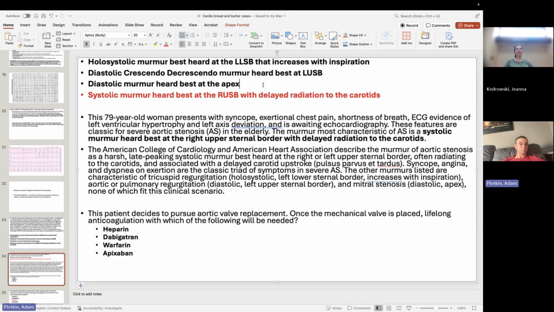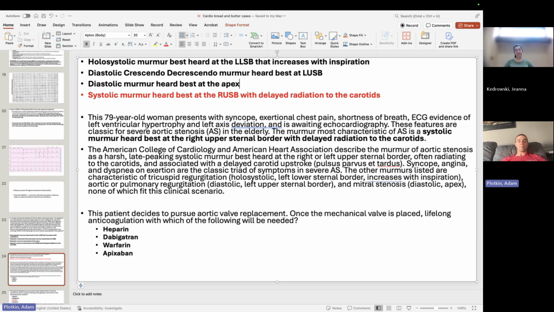Does that sound familiar? Yes. So I'll tell you for Step 2, there will probably be a question or two which literally just asks, do you know what this murmur is? And then there will probably be a question or two where you literally need to listen to the murmur. There's still those questions. I think there's maybe 4 of them, probably 2 or 3 of them you could read the vignette and be like, I probably already know what's going on if you know your stuff. And then you could probably just listen to it and try to convince yourself, yeah, that sounds like mitral regurg, and just pick it and move on. And then 1 or 2 of them, you'll listen and you'll be like, I have no idea, because which 3rd-year medical student actually knows what these murmurs sound like?